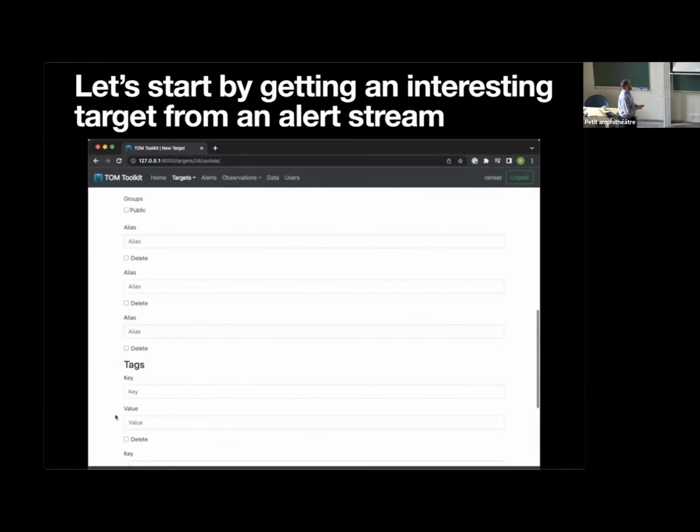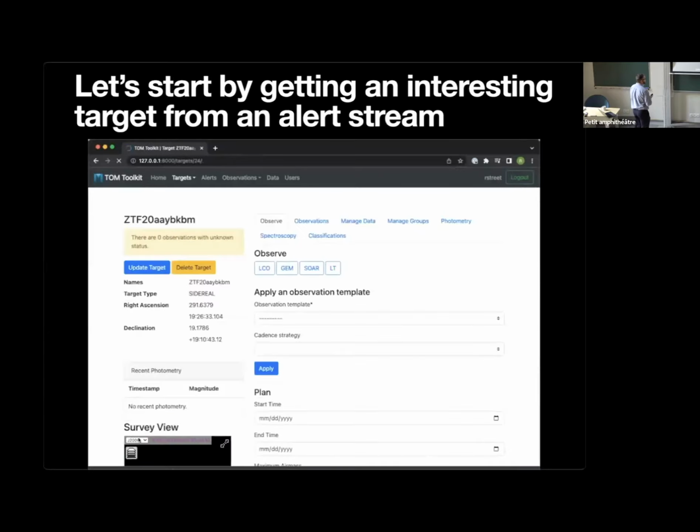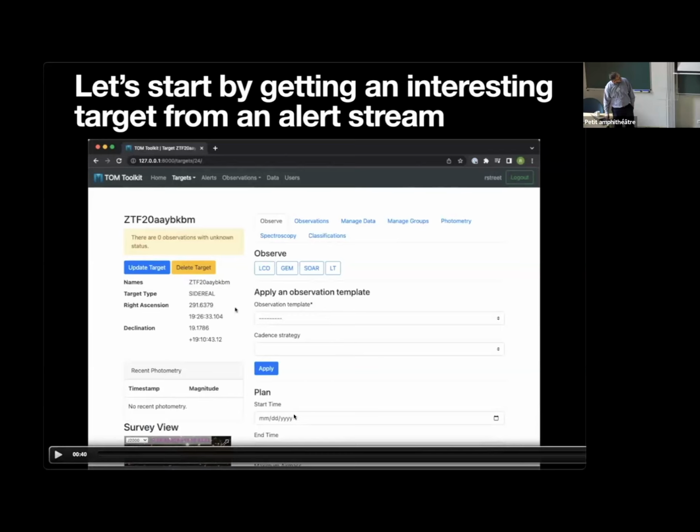It says, oh, this doesn't really exist in your TOM, so let's create a page for it. It does that, that's great. So it now has a page, with a few of these different things right off the bat. You can already see what the field looks like, and you can see its coordinates. And then after that, just like that, we can click a button and go to observations. So it's going from a broker, to a TOM, to a telescope, really trying to connect all these different ideas together. That's my slide.